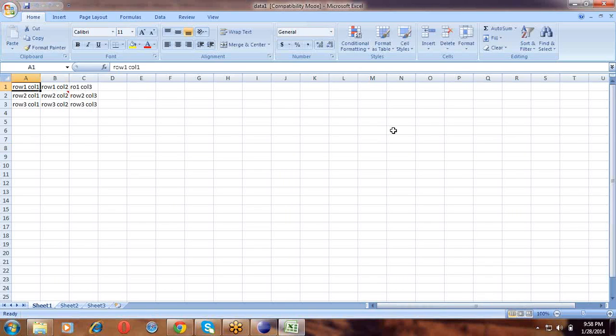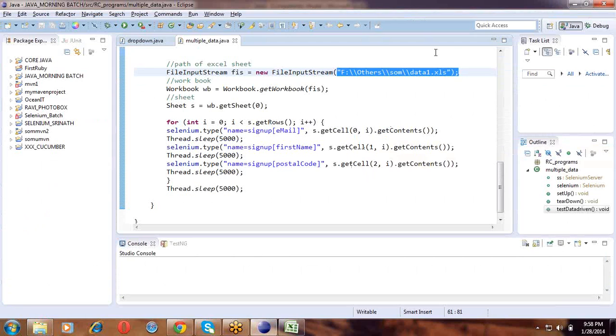This one. Row 1, column 1, row 1, column 2, row 1, column 3. So I'm getting the path of the Excel file, and I'm assigning the path to this FIS variable, which is the file input string, where from I am streaming the file, which I have to input the data. So I'm taking this path,